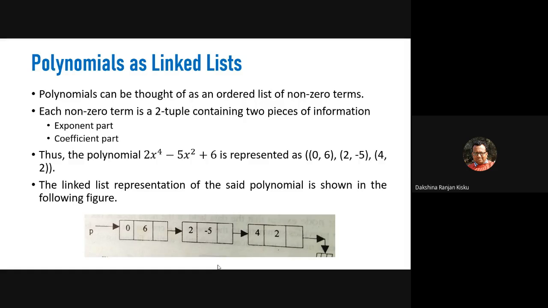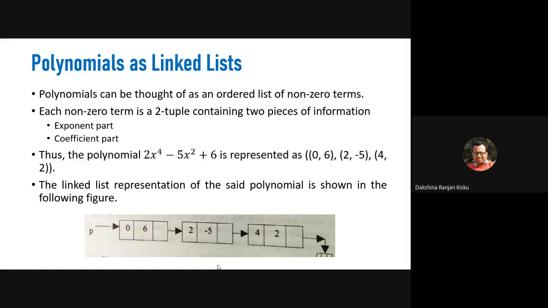So here the highest degree term will be written last, and the lowest degree term will be written first. So in terms of exponent, we can arrange the non-zero terms in increasing order. Then,